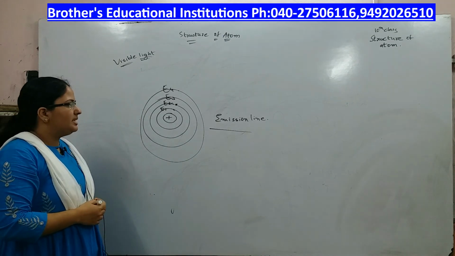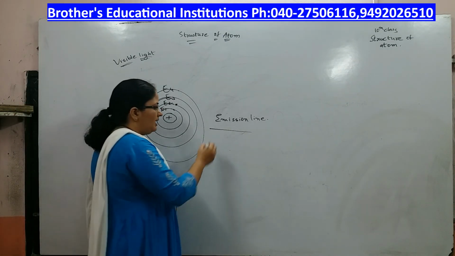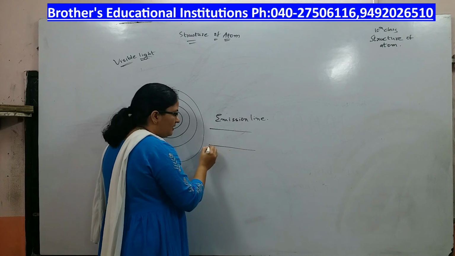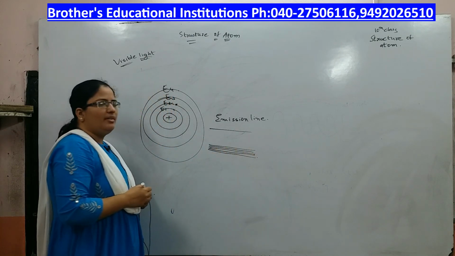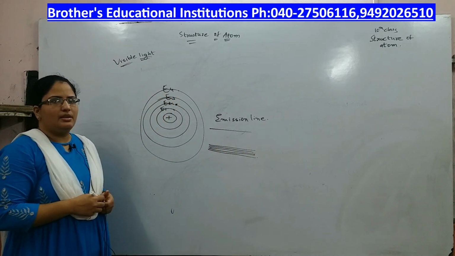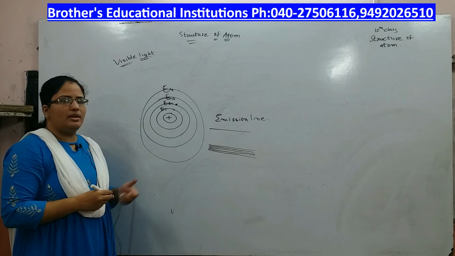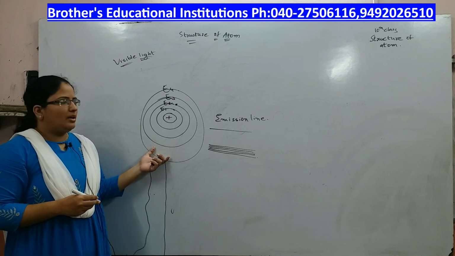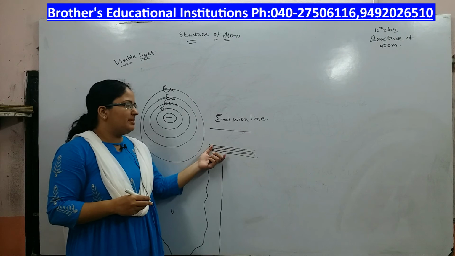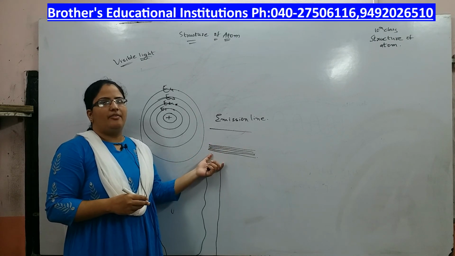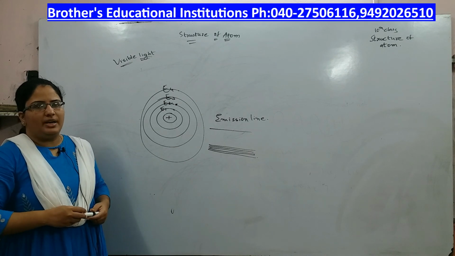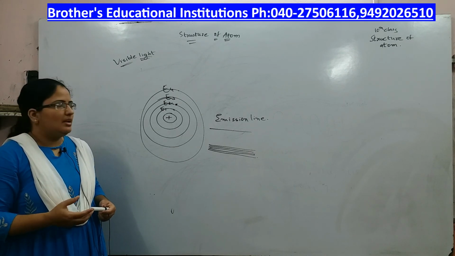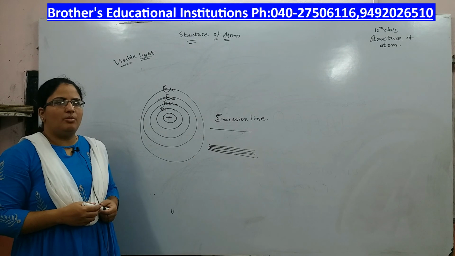Now when this emission line for hydrogen was observed, it was found that inside each emission line there were further small fine lines. So Bohr's model could not account for the splitting of the emission line. Why are there further fine lines? That is explained by Bohr-Sommerfeld in a different model. So we shall discuss the Bohr-Sommerfeld model in the next class.